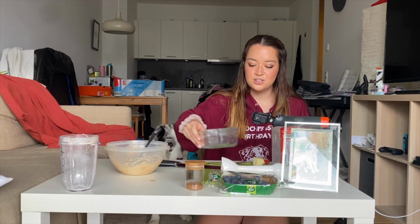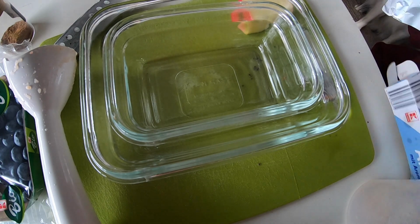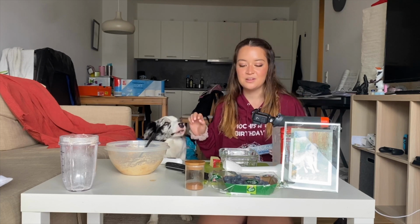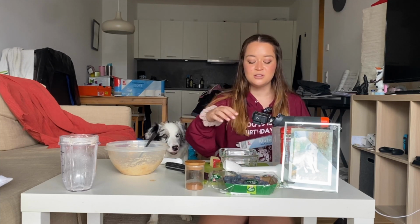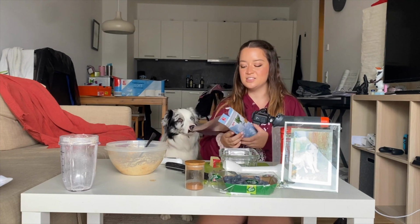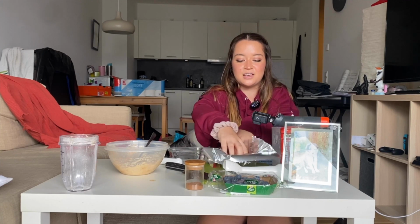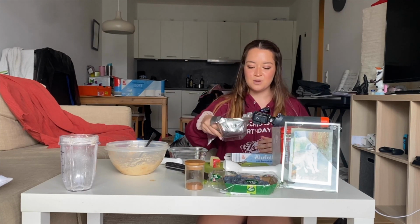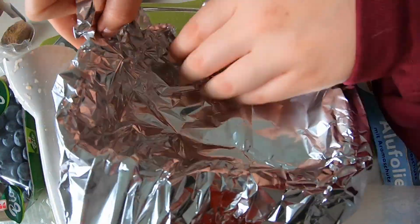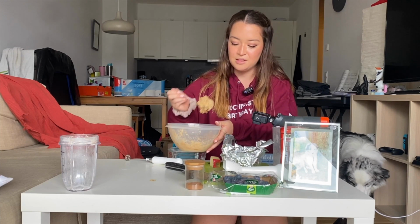Now I've got my 2 dishes to bake in, these 2, because I want to create a layered cake. What I'm going to do is split the batter evenly between this big one and this small dish, and I'm also going to put aluminum foil in it so that it's cleaner and easier to pop out. And by the way, you don't have to do this layered cake thing. You could just make one big cake, but why not go hard, right? And I'm gonna put half the batter in there, maybe a little more than half since it's the...